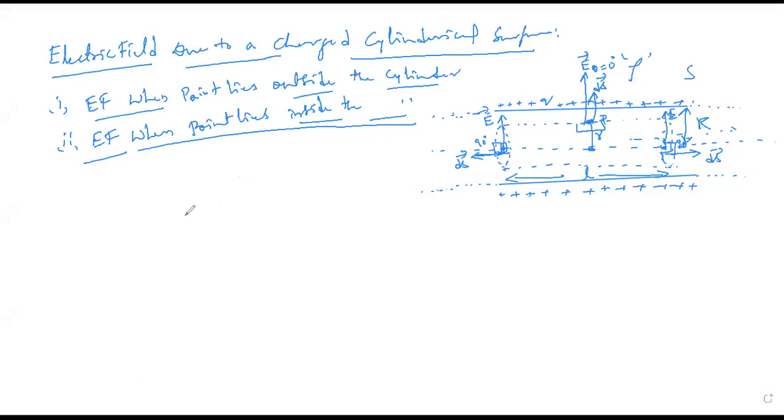Due to symmetry, the magnitude of the electric field will be the same at all points of the curved surface. Wherever you take it on the curved surface, either this side or this side, it should be similar and directed radially outward. But when you take it at the edges, whether inside or this side, it seems to be inward only.